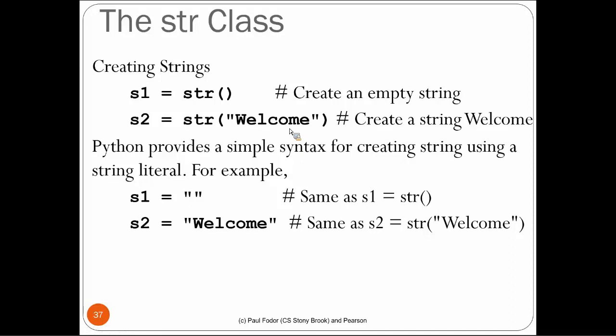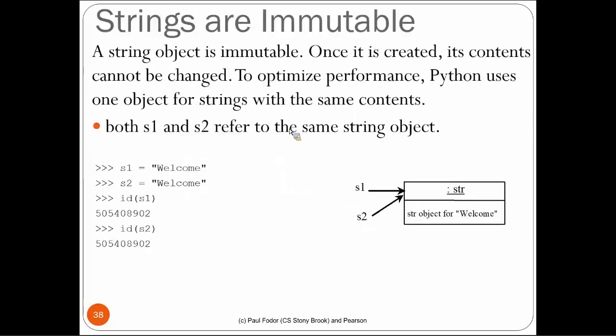Since it's very common that strings are basically created on the fly with double quotes or single quotes, you can actually define them, and Python takes them as strings, objects. Strings are immutable. Once a string is created, like in Java, its content cannot be changed. To optimize the performance, Python uses one object for strings with the same content. So if you assign to different variables s1 and s2 the same string, like welcome and welcome, you will basically get s1 and s2 are the same object, basically references to the same object. Similar to Java,